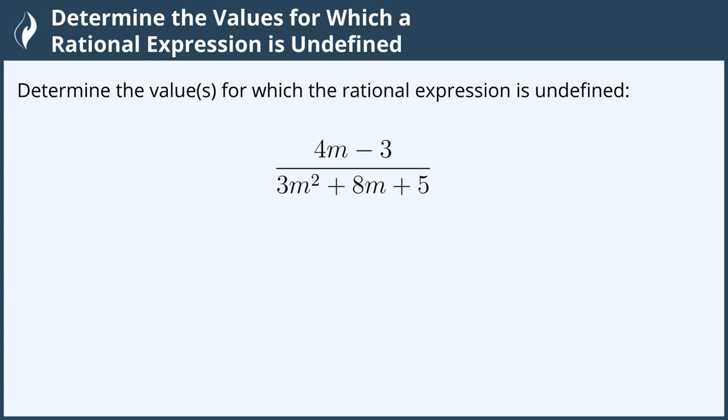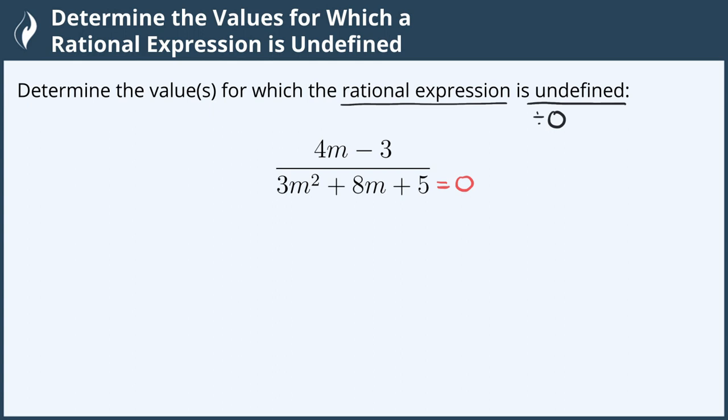Determine the values for which the rational expression is undefined: 4m minus 3 divided by 3m squared plus 8m plus 5. We are looking for when the expression is undefined. A fractional or rational expression is undefined when the denominator is 0, or when we're dividing by 0. So to find the restriction, where our rational expression is undefined, we will set the denominator equal to 0